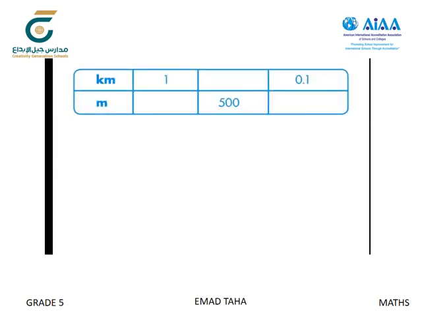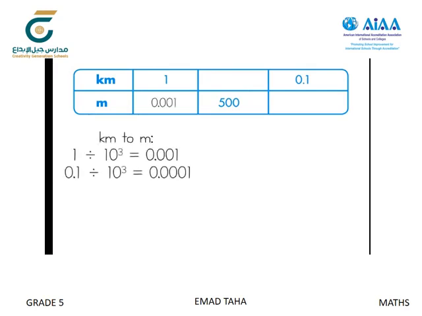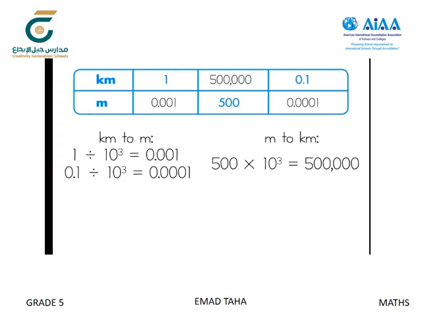This problem is key because students use what they know about multiplying and dividing with powers of 10 to convert among metric units of length and complete the table. Listen and look for students who convert from kilometers to meters by dividing by 1,000 or 10 cubed, and convert from meters to kilometers by multiplying by 1,000 or 10 cubed. These students have chosen the correct power of 10 to make the conversions, but they have not used the correct operations.